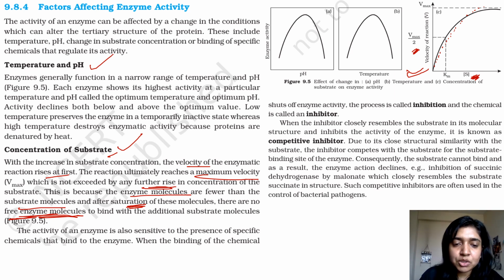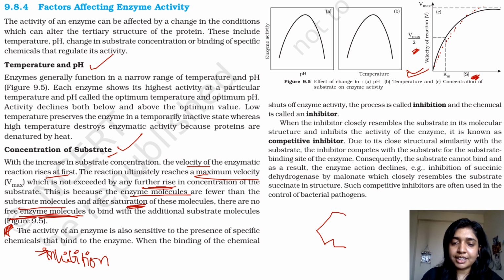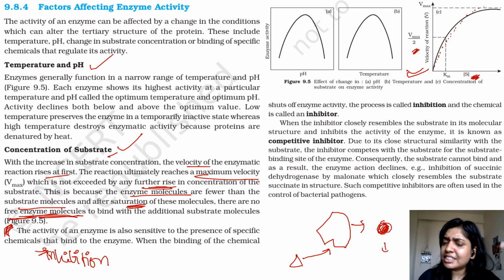The activity of an enzyme is also sensitive to the presence of specific chemicals. Over here, we are talking about inhibition. So if you want to inhibit the activity of any enzyme, what will you do? For example, if there is an enzyme which looks like this and its substrate looks like this, the substrate will go and bind the active site and get converted to a product. But if I don't want that product because it is damaging me somehow, what I can do is I can make a replica